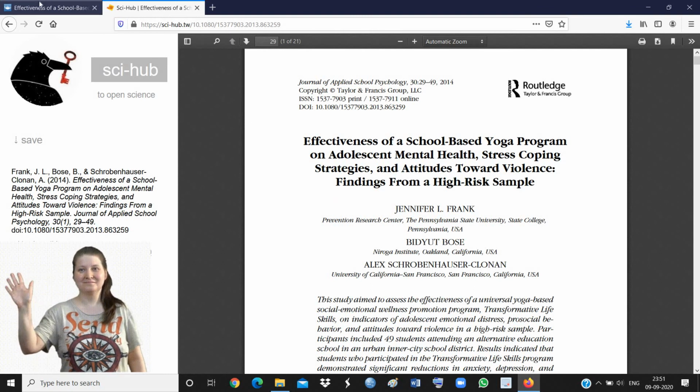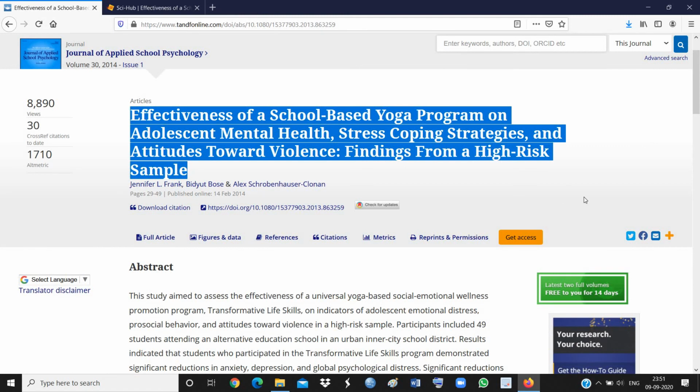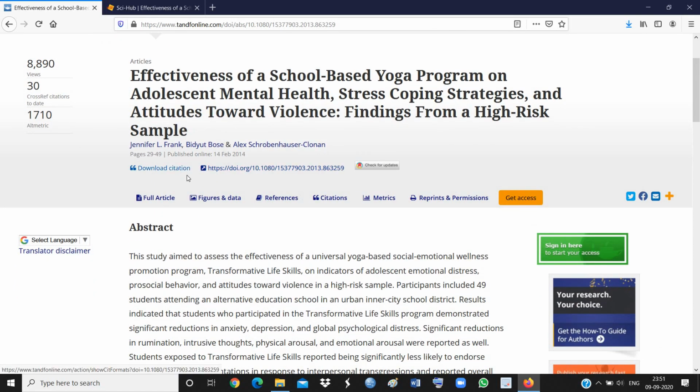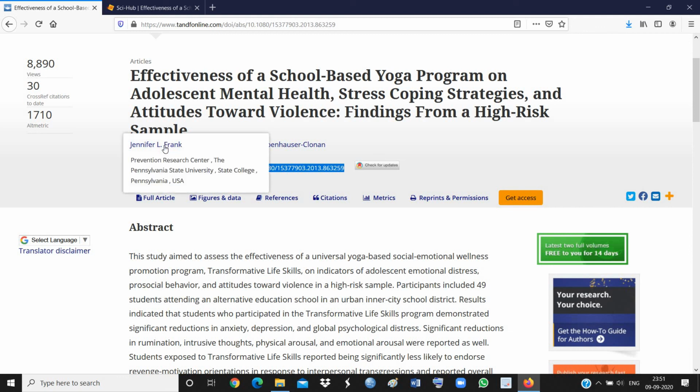But since the DOI is pretty specific in nature, there are high chances that we get the correct results with the help of the DOI. So always try to find the DOI given with the paper, and if it is not given, then try to copy and paste the article title. And if you still are not able to download it, then try to use the author's name along with the title.